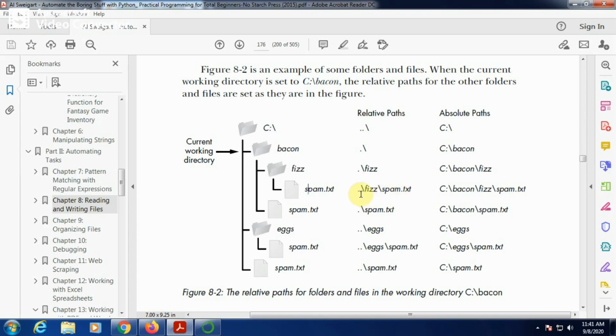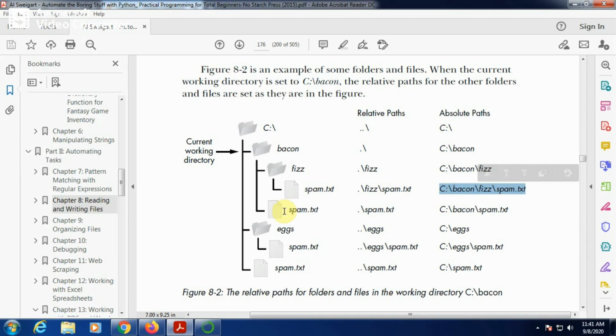From the Bacon folder, you are accessing spam.txt which is available in the fizz. You give the full path of the spam.txt in this way: C, Bacon, fizz, spam.txt. This is the full path of the spam.txt.